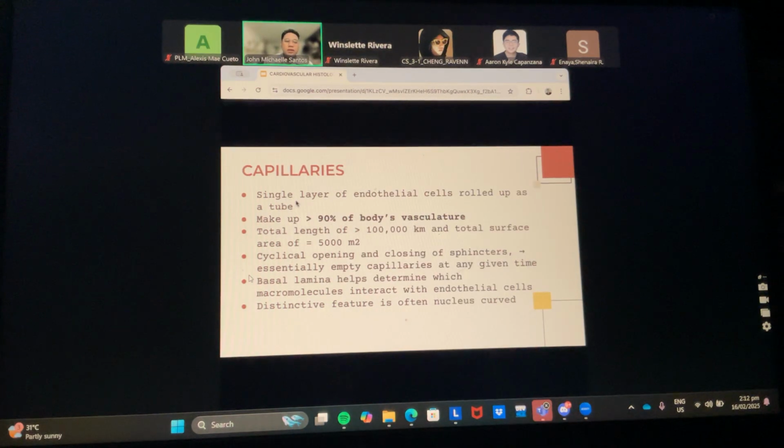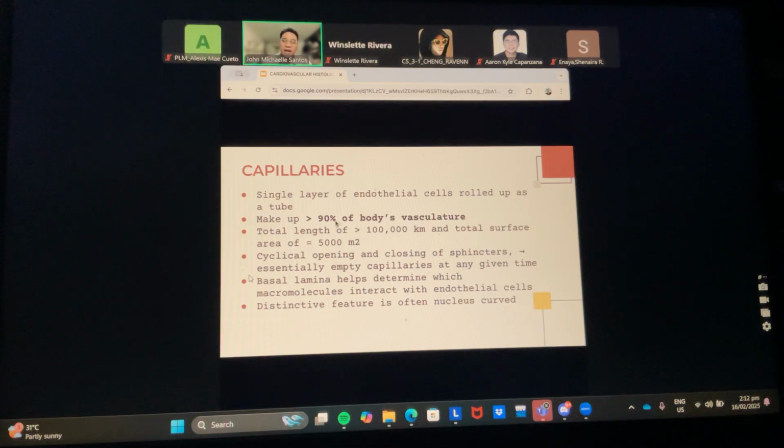Okay, so your capillaries, they are a single layer of endothelial cells rolled up as a tube. So they make up 90% of your body's vasculature. Di ba? Napakadami nila. So kapag tinanong kayo, usually ito yung trick question sa mga quizzes or mga exams,